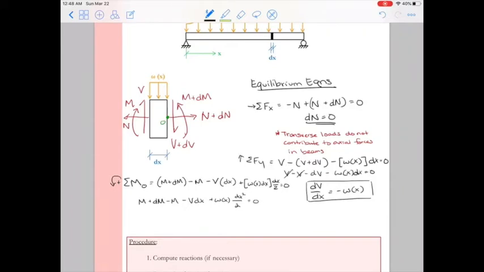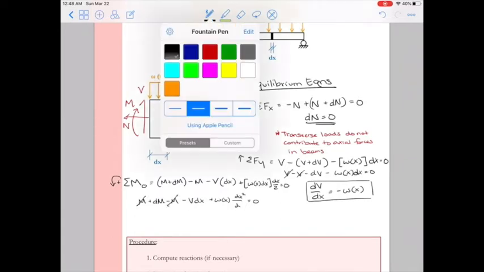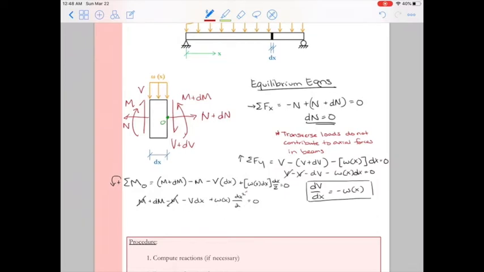Alright, so I can see quickly M and M will cancel. Now I have this dx squared over 2 term. And basically we're going to say that this goes to 0. And this is pretty much true. dx is a differential element, so it's already very small. So dx squared is incredibly small. It's going to be orders of magnitude smaller than our deflection. So as long as we take a small differential element and our beam is undergoing relatively small deflections, which we'll learn a little bit more about what we consider small deflections in a few more lessons,